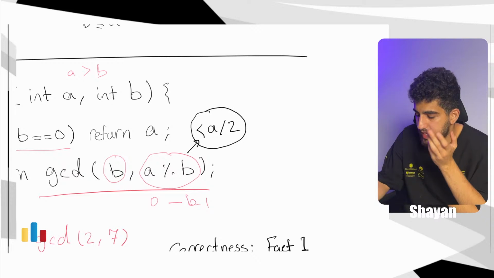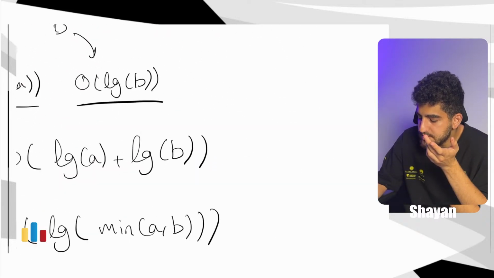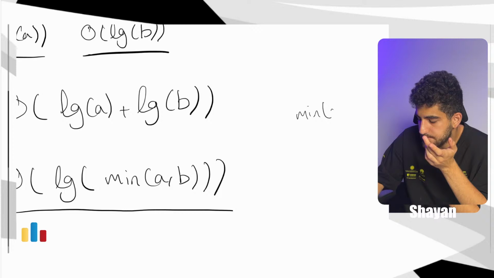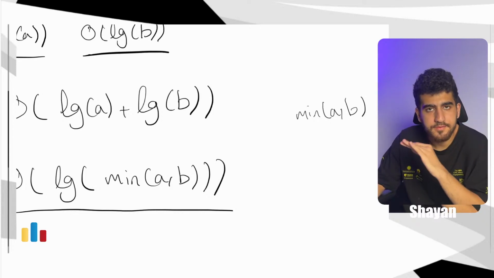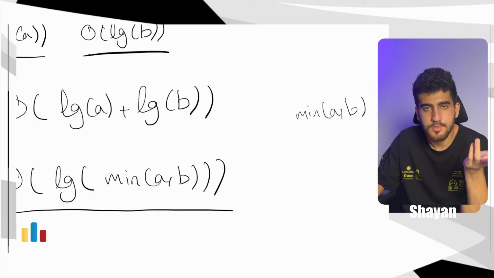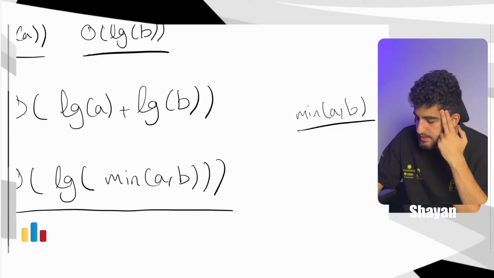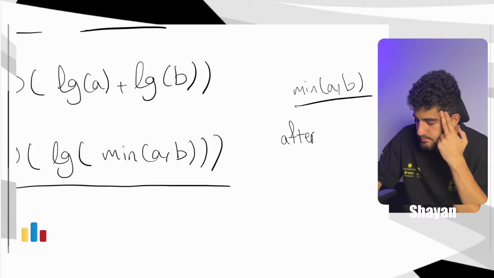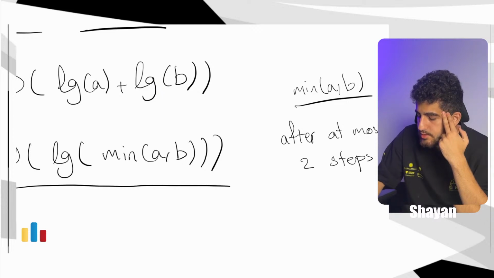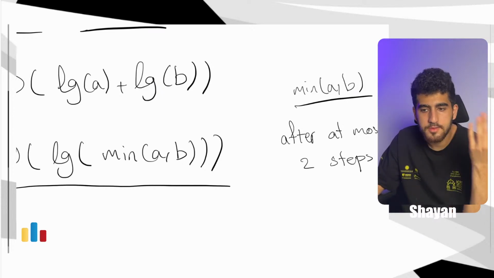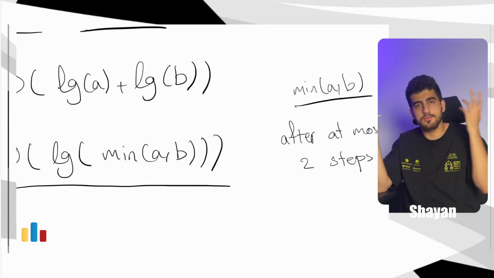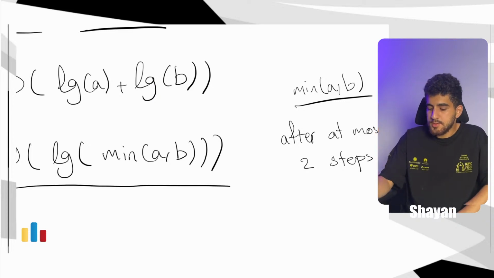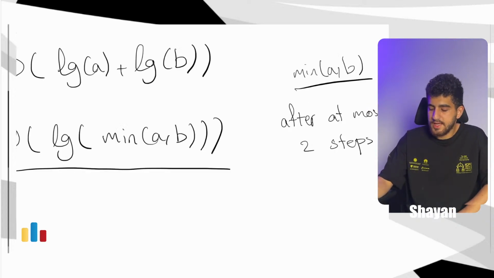And the point is that whatever is minimum of a and b, after at most 2 steps, both of them will be less than or equal to that. So from then, both of them are at most that much, so log of a plus log of b is going to be 2 times log of minimum of a and b. So the point is that we can also say that it's O of log of minimum of a and b,